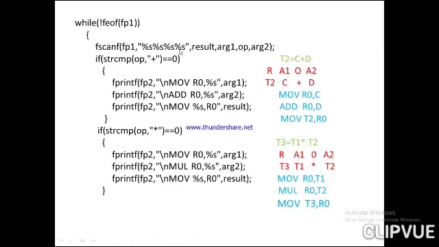The 3 address code, whatever is there, we are reading that. Okay, fscanf it is. We are reading from the file. So what are the 4 columns? These are the 4 columns that we are having. And we are reading that 3 address code, that is the complete 3 address code. Whatever the 4 or 5 instructions are there, that will be read from the input file fp1.